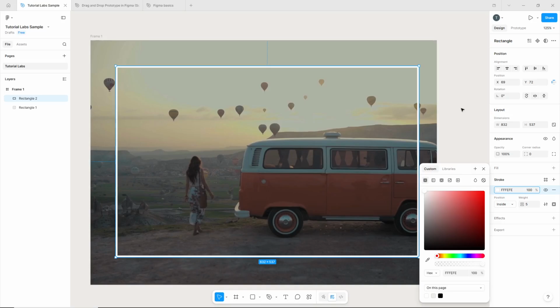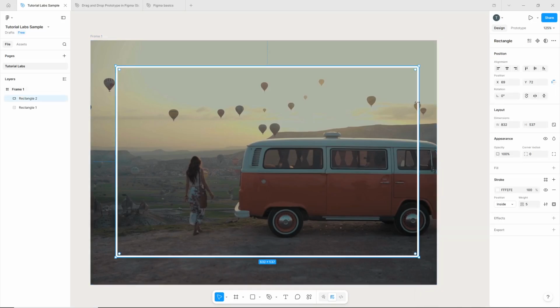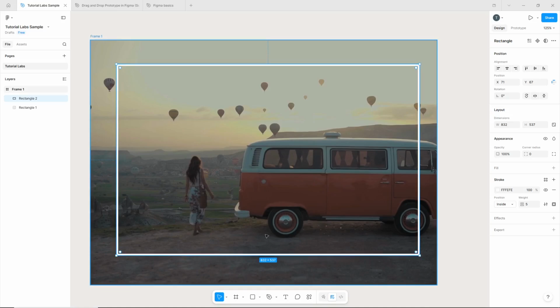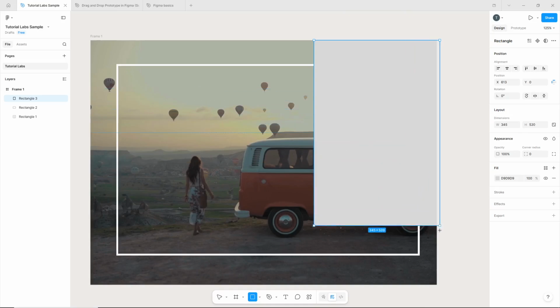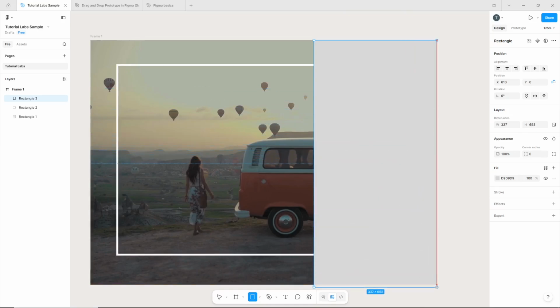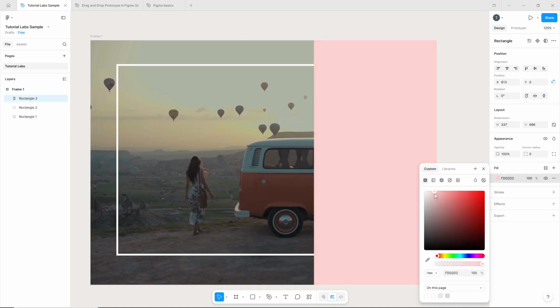visible and prominent. Now create another rectangle by clicking the rectangle shape tool once more and dragging it onto your frame. Position this one to the side of your design. Change the color of this rectangle to whatever you prefer. This rectangle will serve as the background behind your text, creating a clean surface for the transparent text effect to